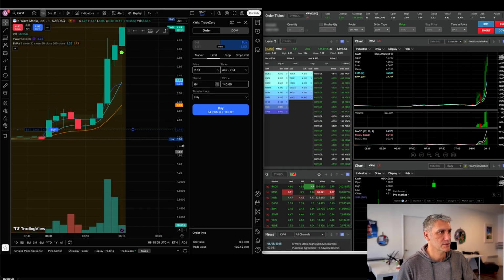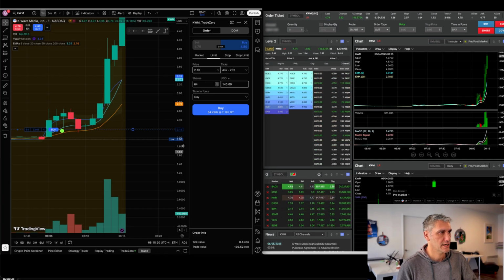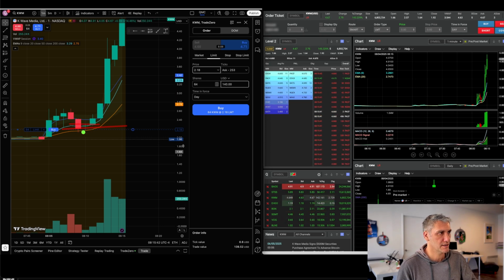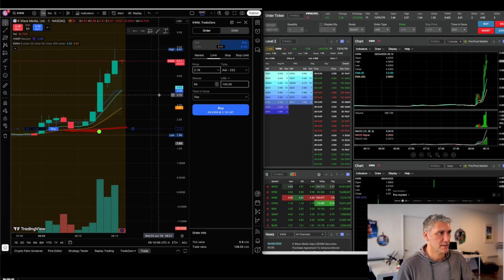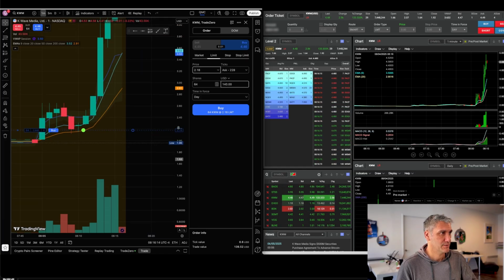So I was not happy at myself for missing this when I had looked at buying the low off the 20, but I've got to get into the habit of buying in when it's showing strength and moving in the right direction. I fall into the old habits of my counter trend trades, where I'm looking at buying where I think it's going to reverse, looking to get that best price, and I shouldn't. I should be getting in when it's strength, and actually